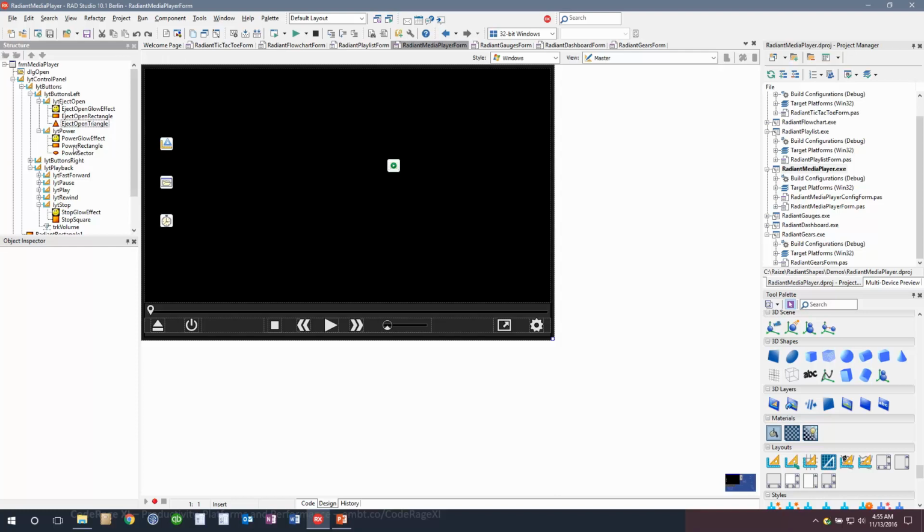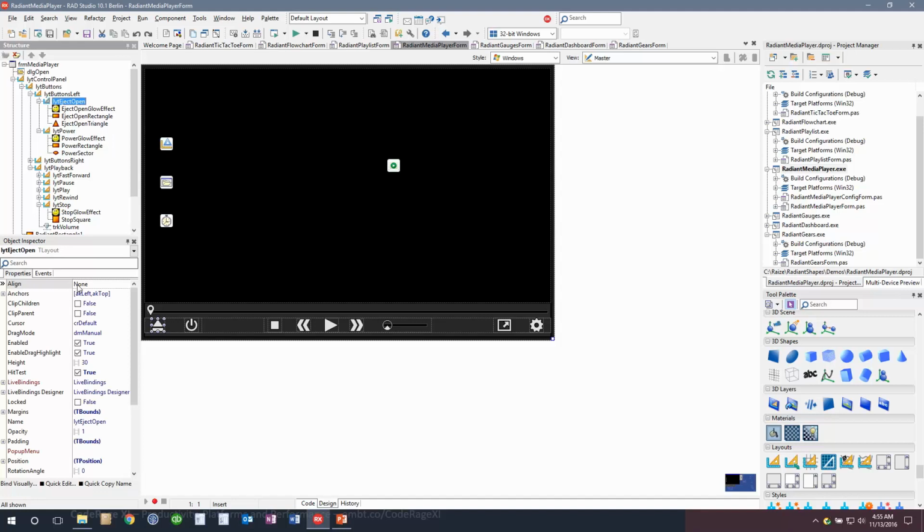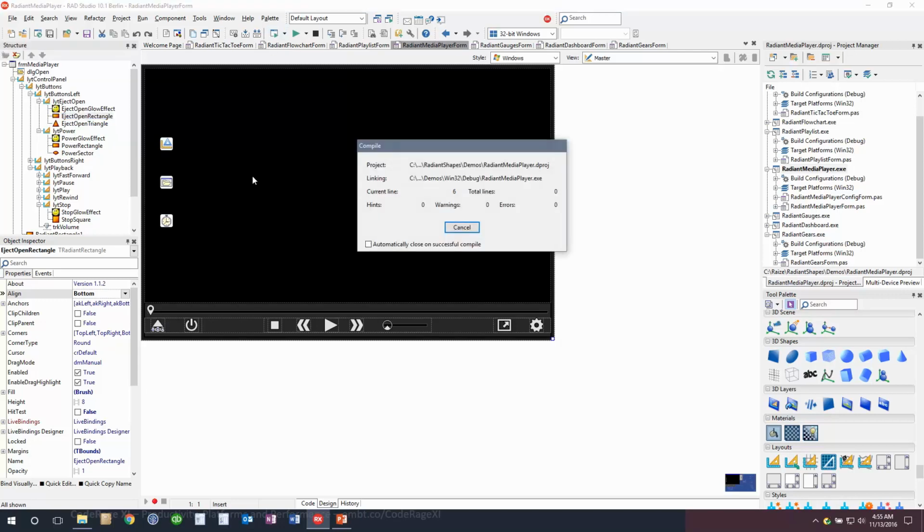So the other aspect of this is that these shapes, normally when you were to click on, say, this shape, the shape itself would get the mouse click event and nothing would happen. But I want everything to be off of the eject open button, for example. The on click is there. So the way that works is that there's a hit test property on FireMonkey controls that we can turn off, which tells that particular control to ignore any mouse clicks, mouse events on it, and pass it to the parent, which is this layout. So let me go ahead and run this application,